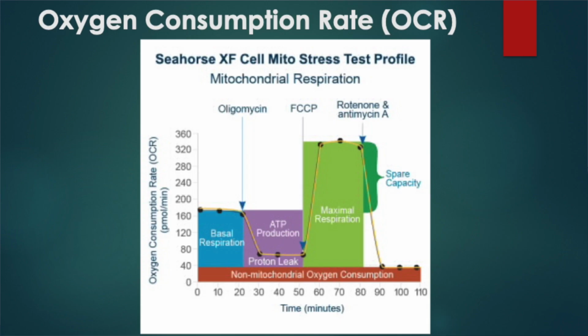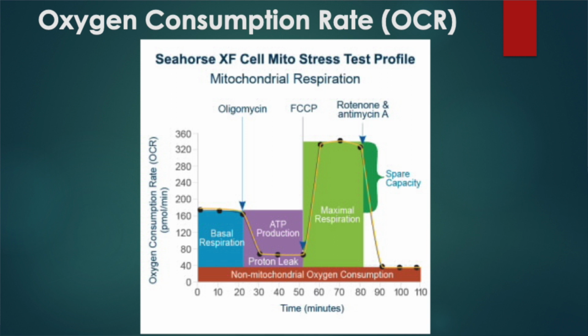Then you destroy the flux of ions across the inner and outer mitochondrial membrane, which is the proton gradient. Once you destroy the proton gradient, there will be a rapid increase in the respiration level that is measured as the maximal respiration. And this drug is called FCCP. You can also use CCCP. Both these drugs are ionophores. So what do ionophores do? They destroy the potential gradient between the outer as well as the inner mitochondrial membrane.